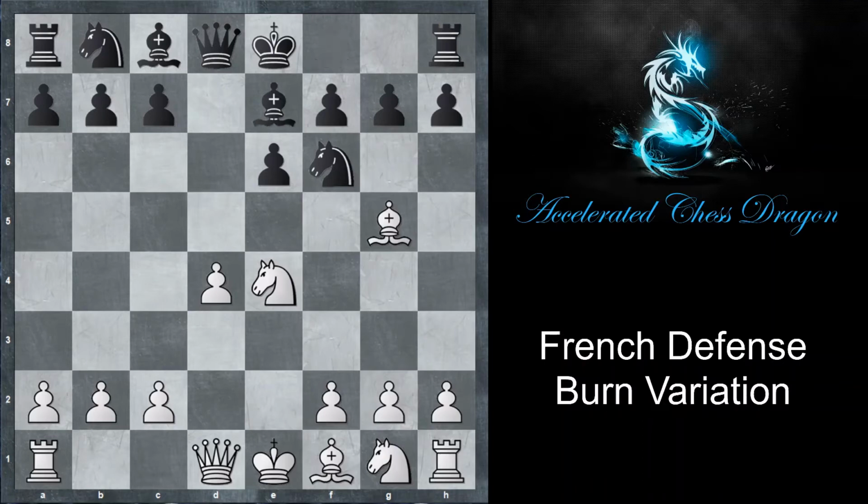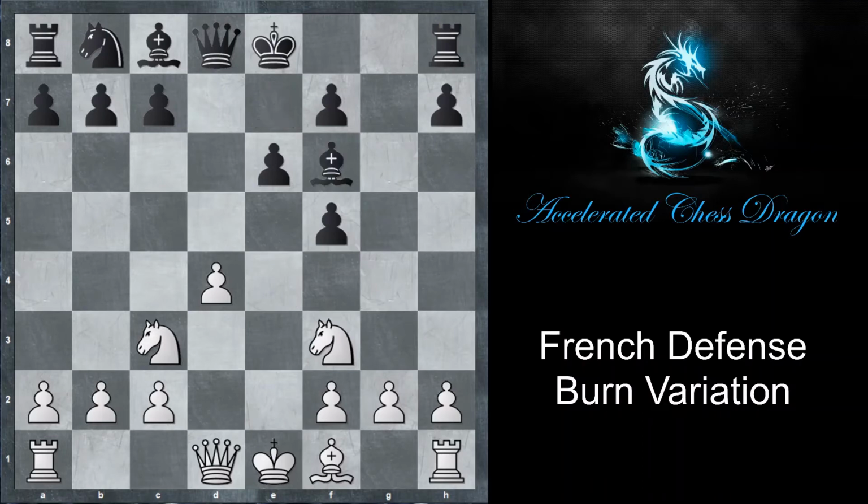But black could also go bishop to e7 and just unpin this way. So white would capture on f6, and here black has two moves, bishop f6 or gf6. If g takes f6 is played, then white is going to play the move knight f3, and black has three moves, a6, b6, and f5. And if f5 is played, then knight c3, bishop to f6, queen d2, and c5, trying to challenge the d4